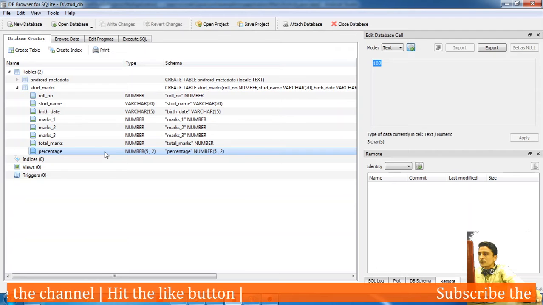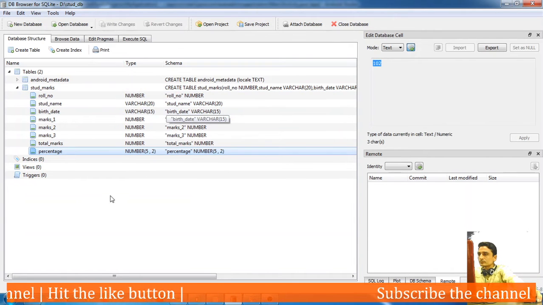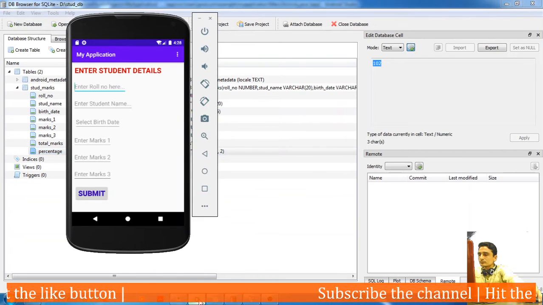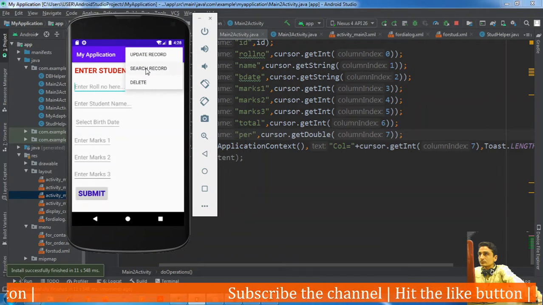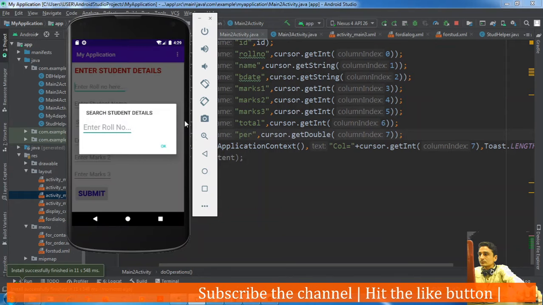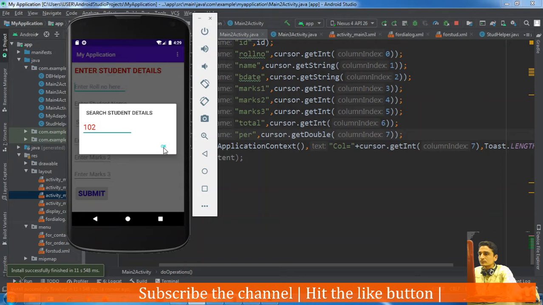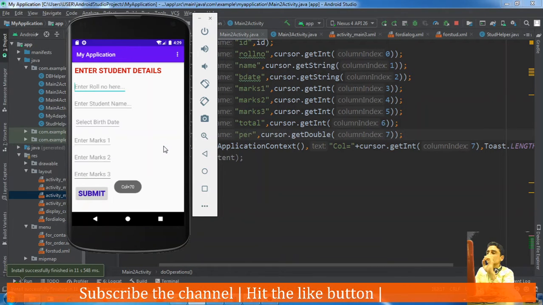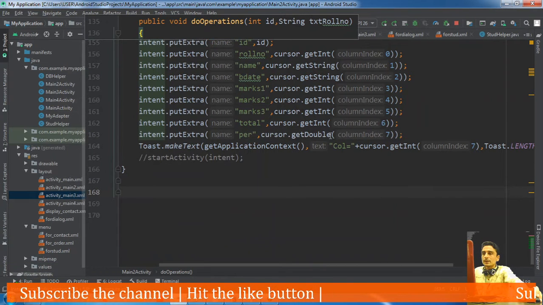It is a number itself. It is there, 70. It is read properly.